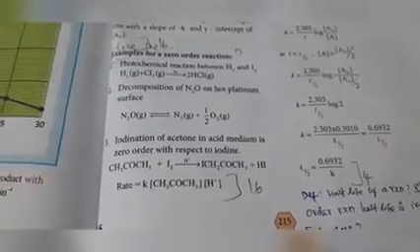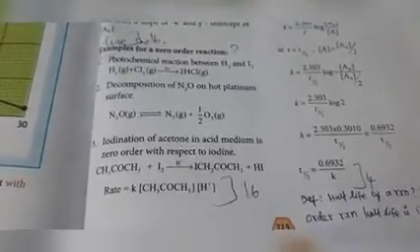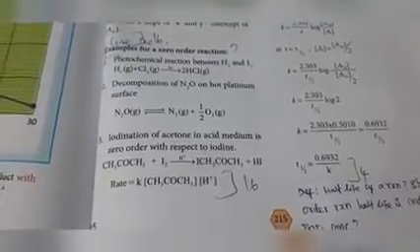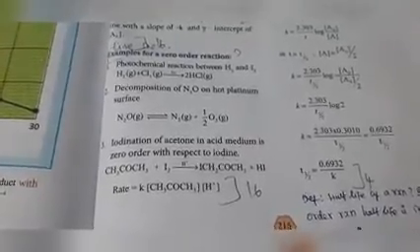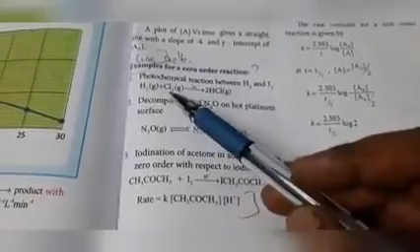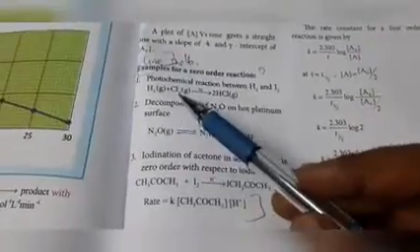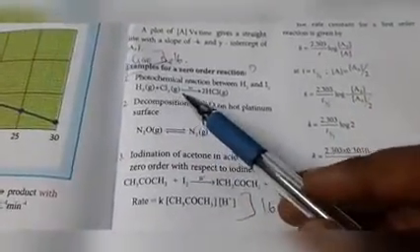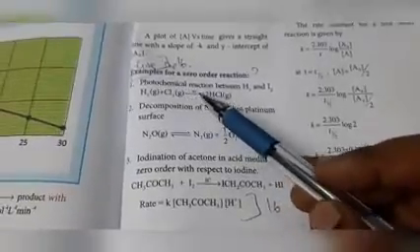The rate of the reaction does not depend on reactant concentration, that is called zero order. In this first example, the reactants are H2 and Cl2. The rate of this reaction does not depend on H2 and Cl2. In this reaction, the rate depends only on this light, h nu.